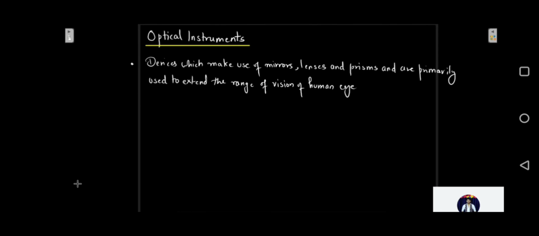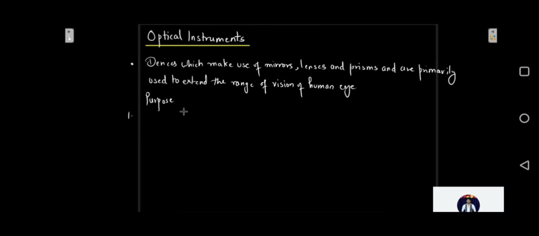Now what is the purpose of using an optical instrument? The first purpose is to form the image of close lying objects. Supposing the object is lying very close to your eye, it won't be clearly visible to you. So the images of these close lying objects should be made at the least distance of distinct vision, so that they are clearly seen to you. Unclear objects placed very near to your eye should be clearly seen. That is the first purpose.